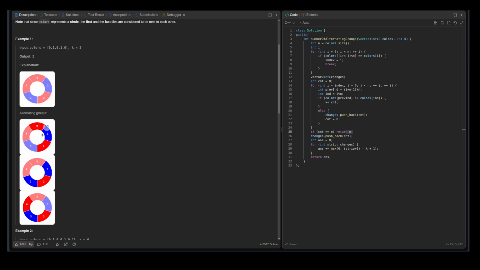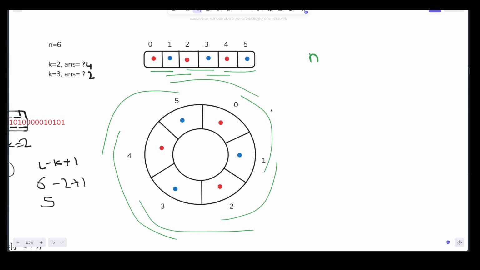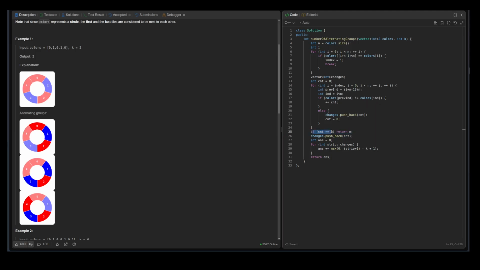There are a total of n positions, so we do n checks, and the counter will be incremented n times. That's why this is the case. I just didn't explain it properly over here. I said n minus 1 times, but it should be n times. So if it is n times, just directly return n, otherwise use that formula,